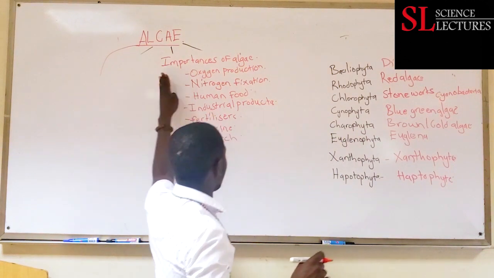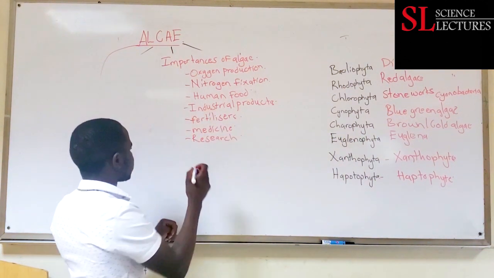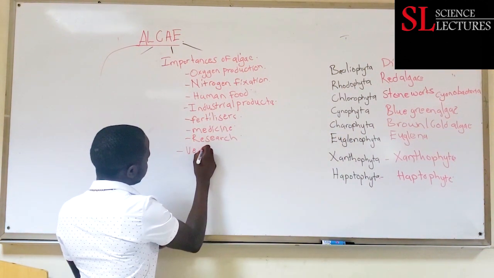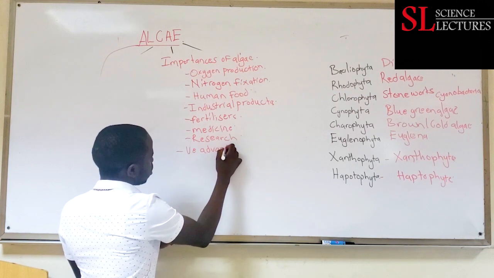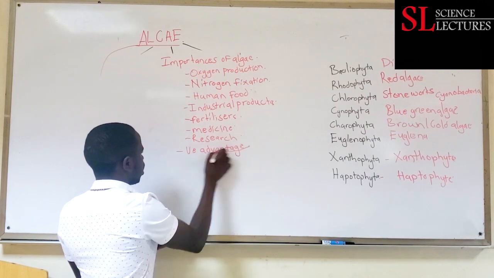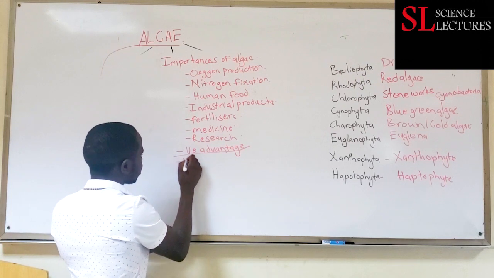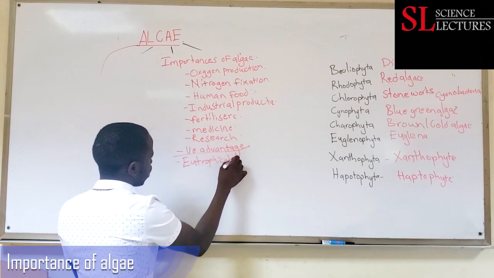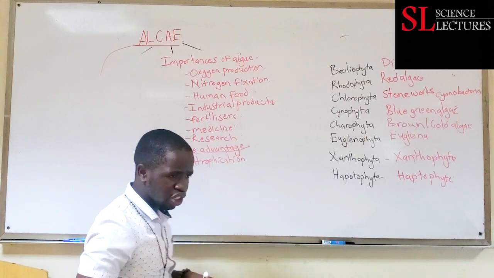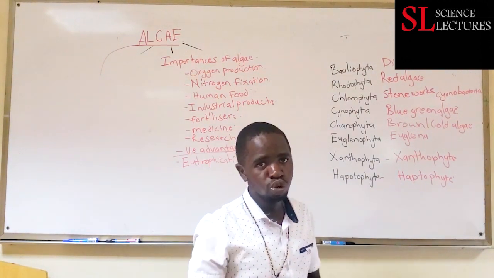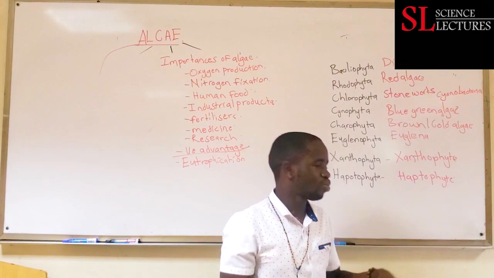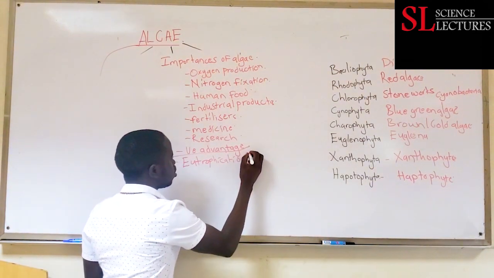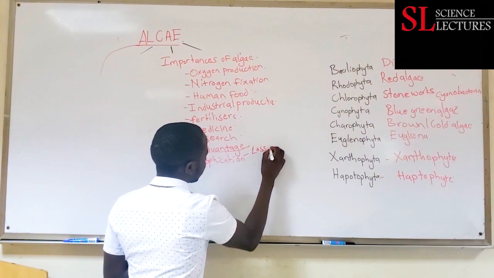Next, algae also has some negative effects, or what they call disadvantages. Number 1, algae can lead to eutrophication. So eutrophication is a result of algal blooms. Algal blooms, these ones will lead to loss of aquatic life,